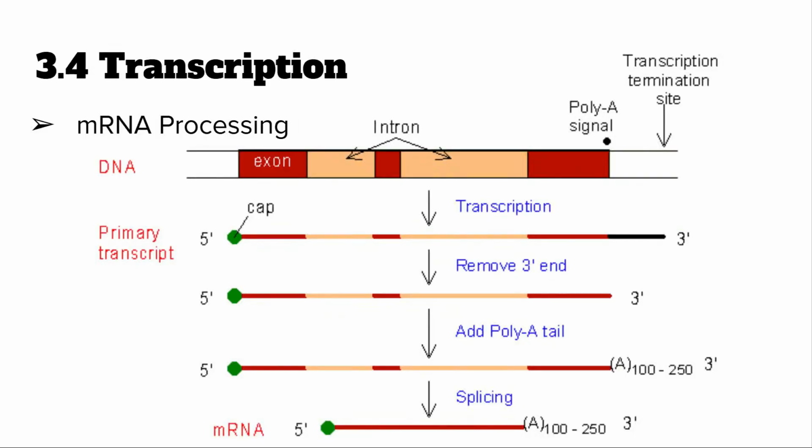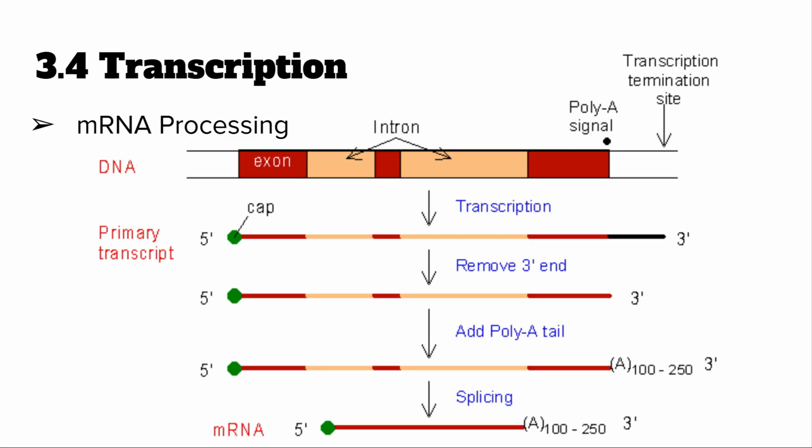Before mRNA can be used, it needs to be processed. mRNA processing is a way that cells are able to only use the part of the DNA that actually codes for the protein or the polypeptide. So it's going to remove introns. It's also going to protect the mRNA strand by giving it a cap. And then it will remove the 3' end that's extra, because when we go through transcription,